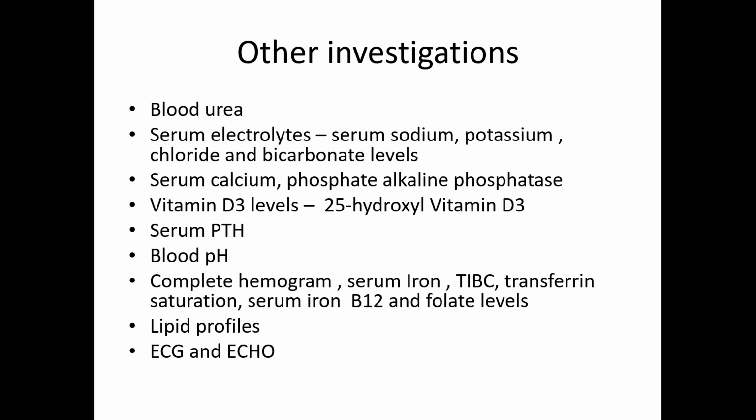Then these are the various investigations which should be done in a patient with chronic kidney disease: blood urea, serum creatinine, electrolytes, calcium, phosphate, alkaline phosphatase, vitamin D level, PTH level, and blood pH, important in a patient with chronic kidney disease. Complete hemogram including iron studies, and in those patients with anemia, particularly macrocytic anemia, you measure B12 and folate levels. Lipid profile, ECG and echo are quite important,